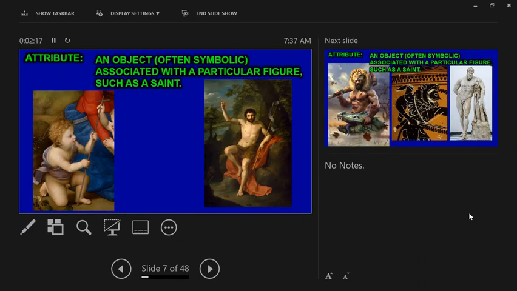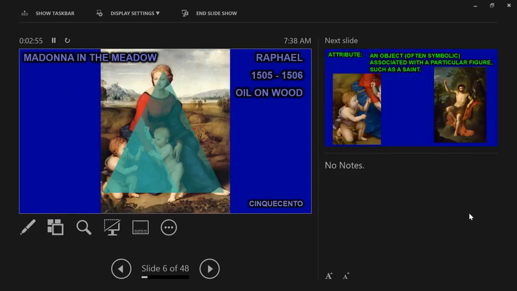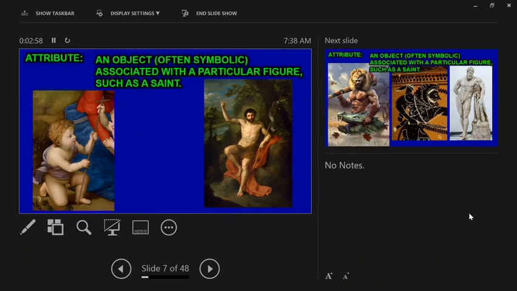So if we go back here, and this image of Saint John the Baptist that is in the painting, here he is as a baby in the painting we're looking at, but there's another painting of him, and it's the same guy as an adult. Now, what's the attribute that shows who he is? Right. It's not just a staff, but it's a very long cross, right? It's a staff with a cross at the end. So that is the attribute of Saint John the Baptist. All right. So I just wanted to share that with the triangular composition and attributes.